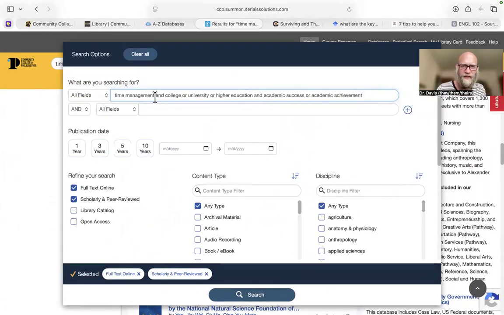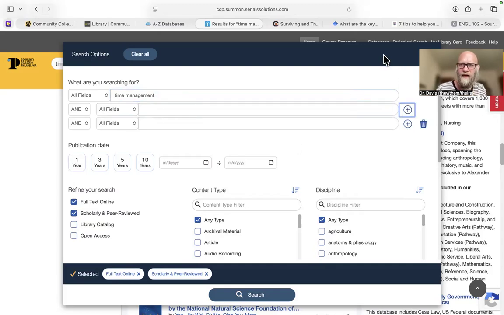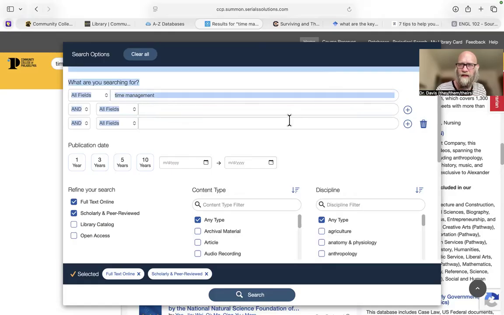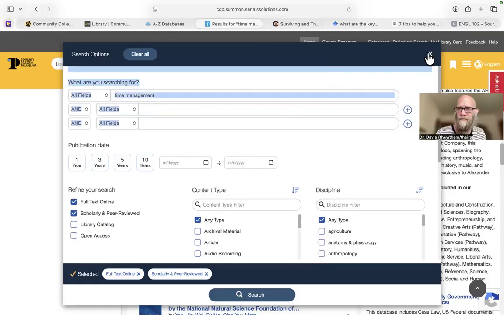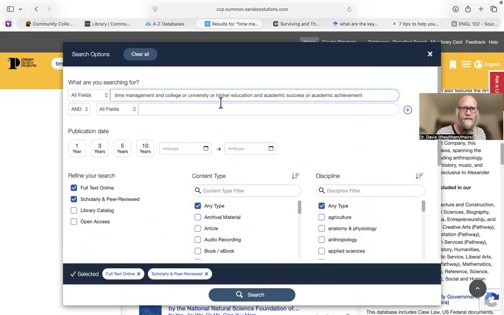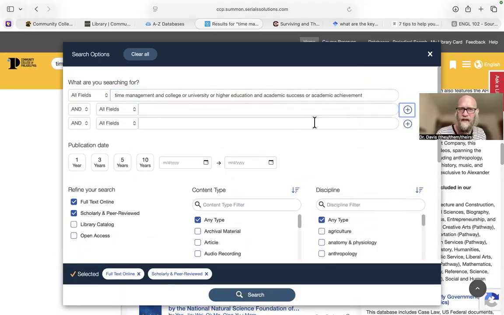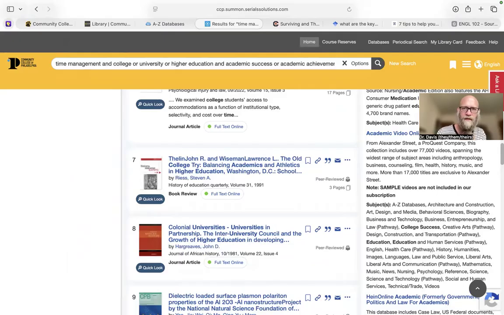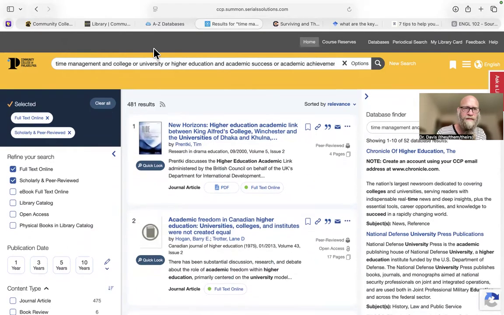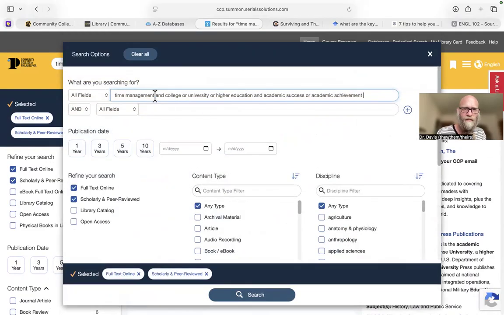I'm going to change this right here. So I clicked on, let me show you what I did. Options, because I want to use the limiters. I clicked on another box. I'm cutting. Oops. I'm pasting.